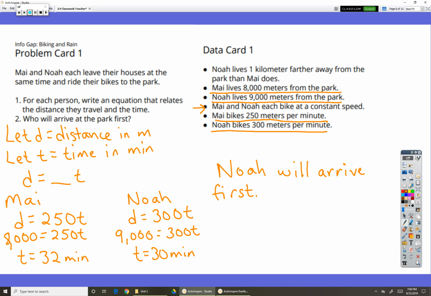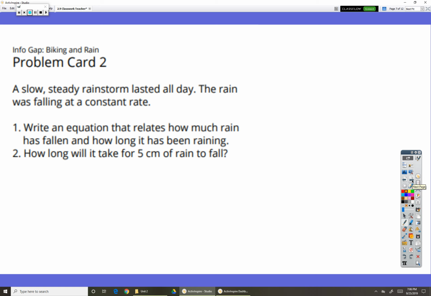Okay, let's take a look at another question. If you had trouble solving this one on your own, you might want to try the next one because it might be a little easier since we've tried one. Okay, problem card 2 says,